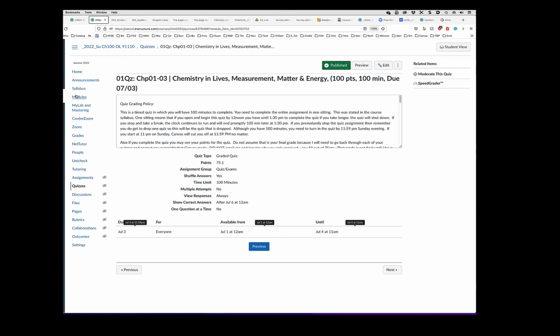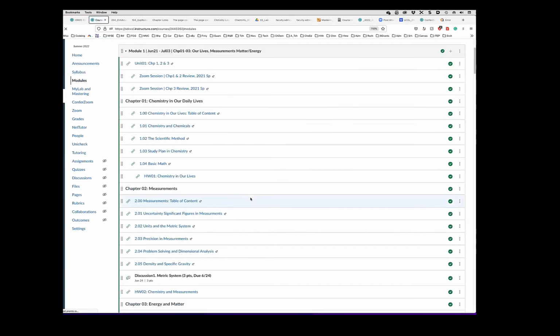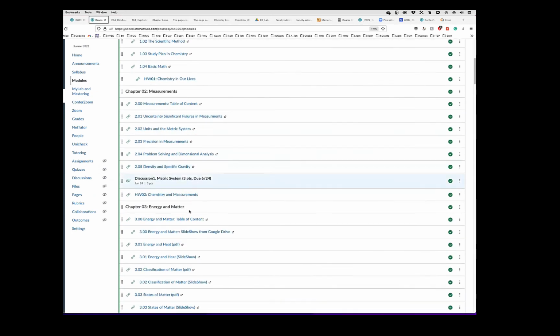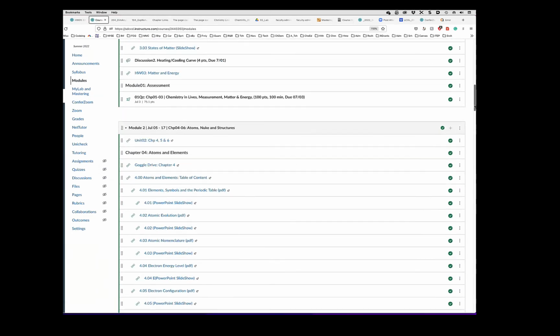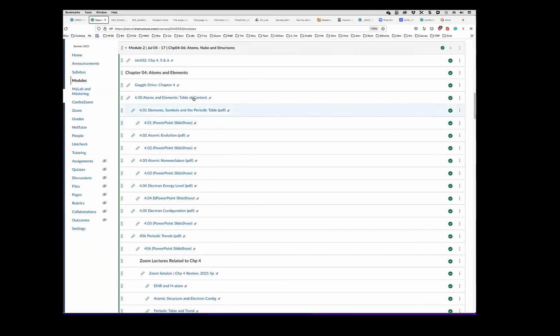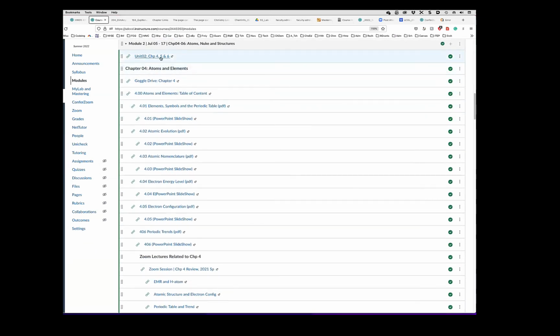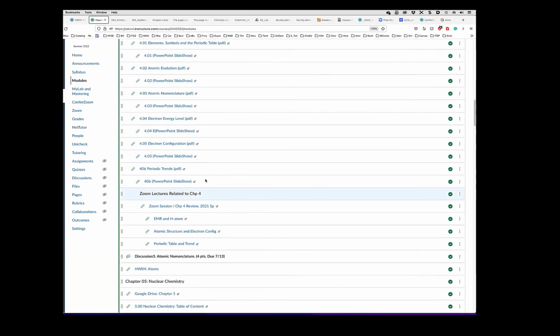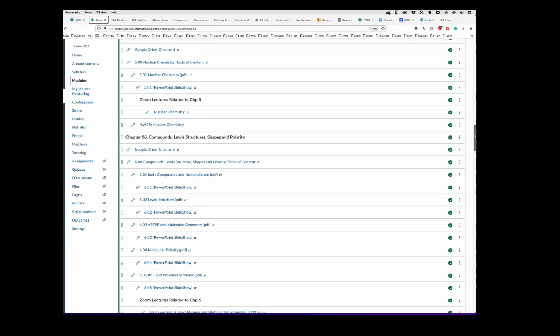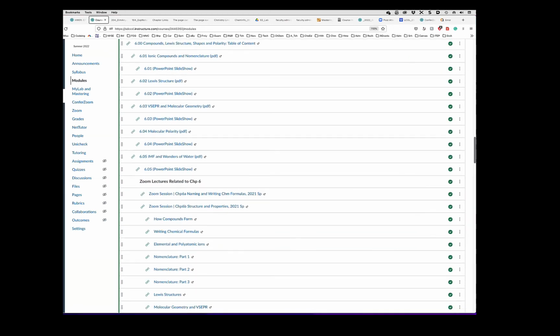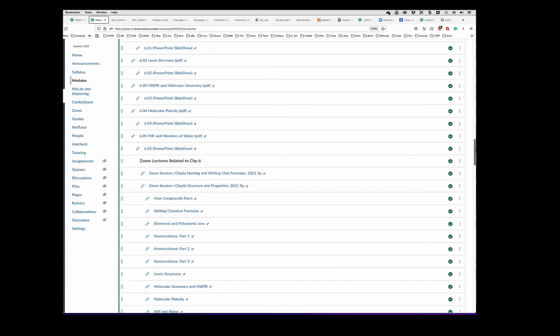So that's the module page. That's chapter 1, 2, and 3, and then quiz 1. And then after that, there's unit 2, chapters 4, 5, and 6. 4 is the atoms, 5 is nuclear chemistry, and 6 is a really big chapter. And within each one of these big chapters, I also have Zoom session recordings,